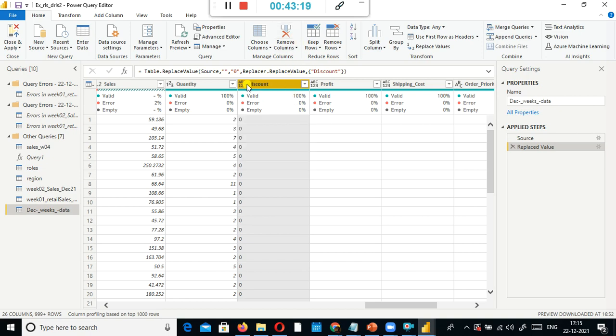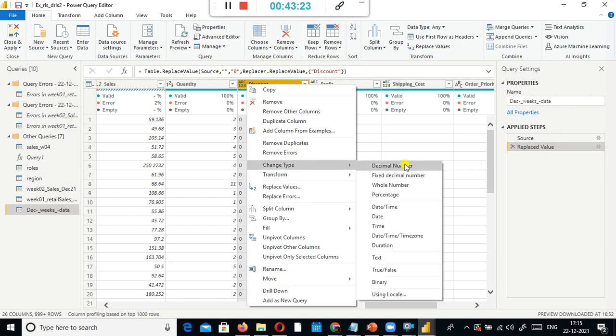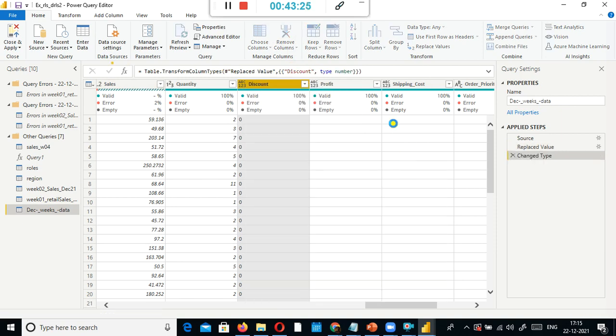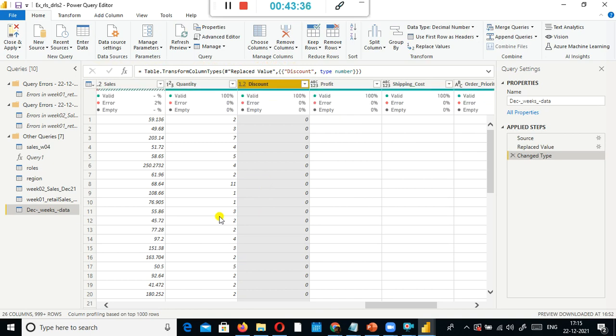Because when you try to convert the data type from text to decimal, what happens is if you have blank values, it tries to convert them, gets confused, and considers that an error.